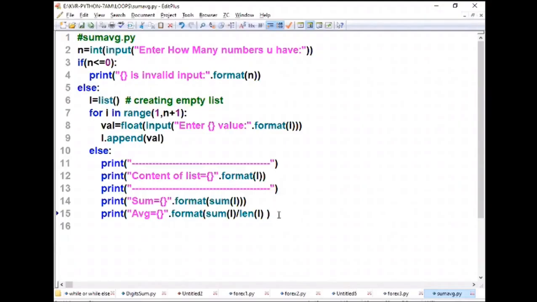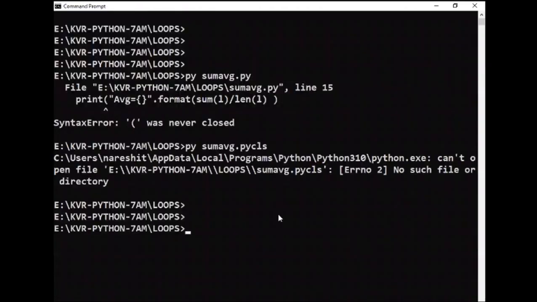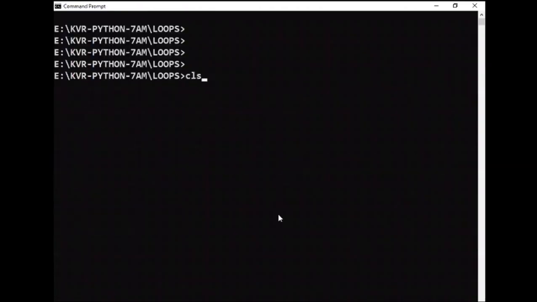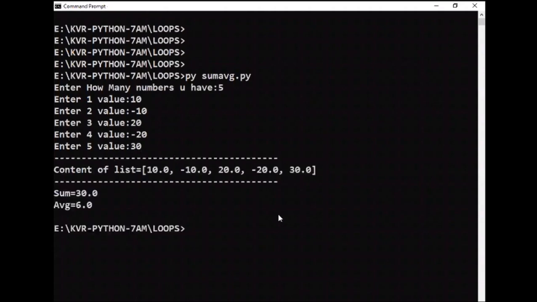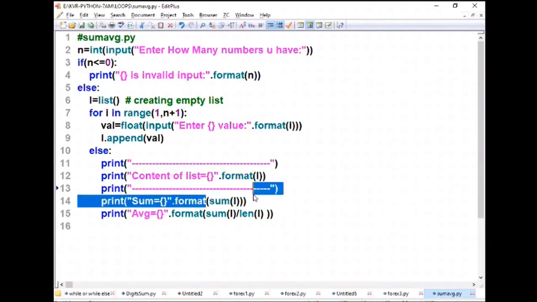One more bracket. I'll tell my own logic also. This is a library function I'm slowly making you understand in my class. Say this, values you say. So average is what? Sum by number of numbers. Understand? This is by using which functions? Library functions I used. Same example I want to tell you